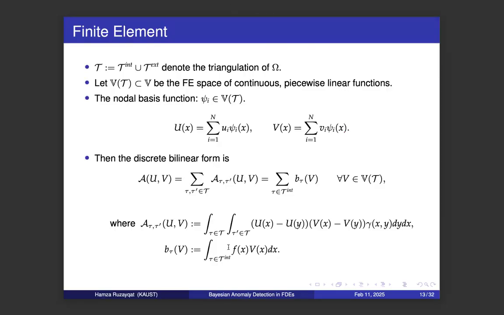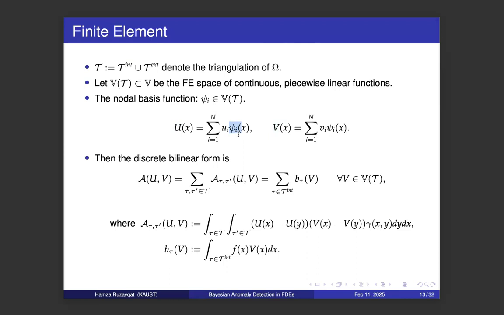The finite element. So consider a triangulation of omega, which is the union of the interior triangulation and the exterior triangulation. And we consider a finite element space, V of T, which is a subset of V. This is a finite element space of continuous piecewise linear functions. And we define the nodal basis functions to be psi, not going into details. And you write u of x and v of x in terms of these